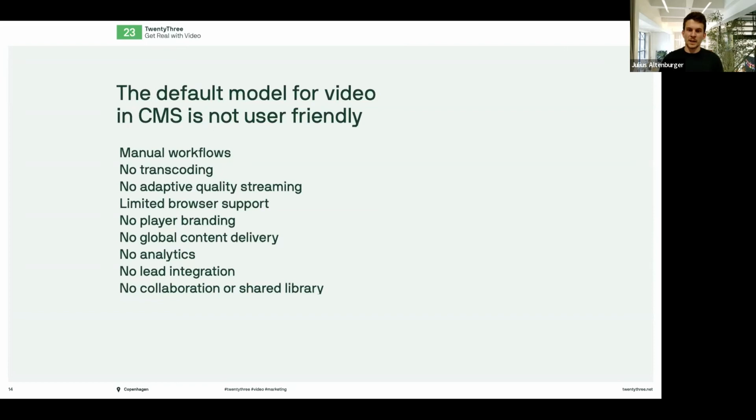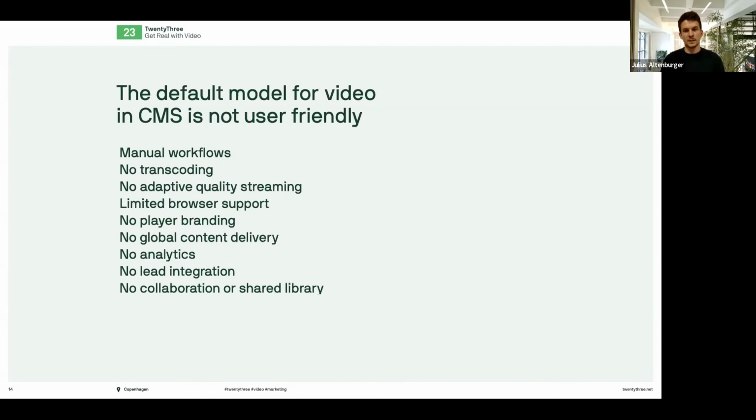Generally, back in the past, the CMS model for video has been challenging in some cases with manual workflows. No transcoding, the quality streaming has been challenging, and browser support.